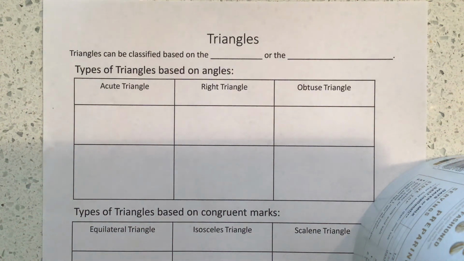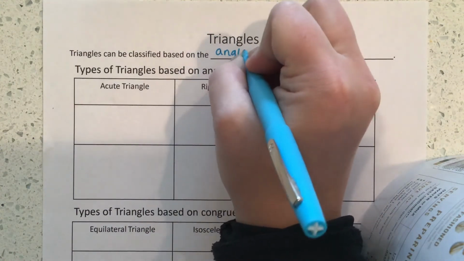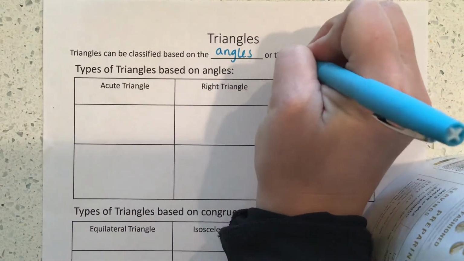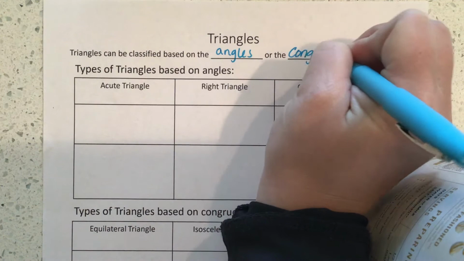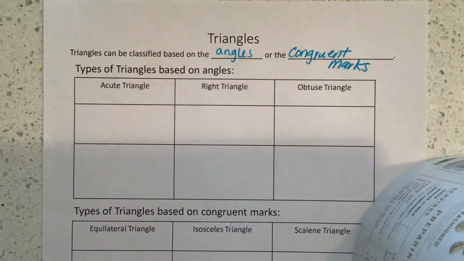All right, in this video, we're going to be going over the types of triangles. Now, triangles can be classified or categorized by two different things. We can categorize them based on the angles that we find on the triangle, or we can categorize them based on the congruent marks. Now, we'll go over congruent marks in just a minute, but it should come back to you because we've done this in class before. So we have an acute angle,